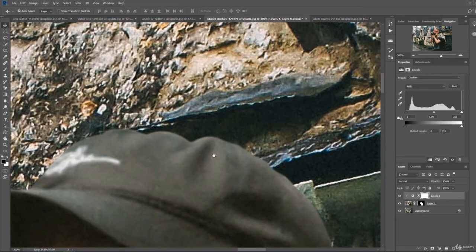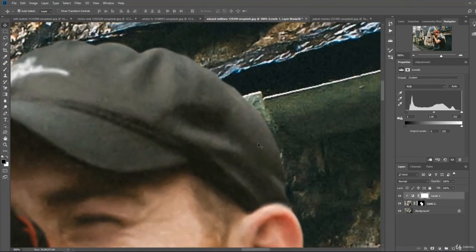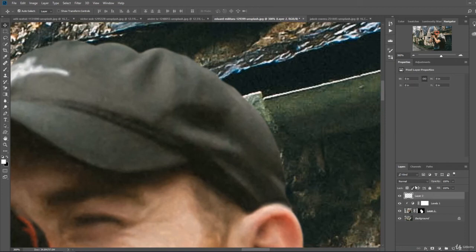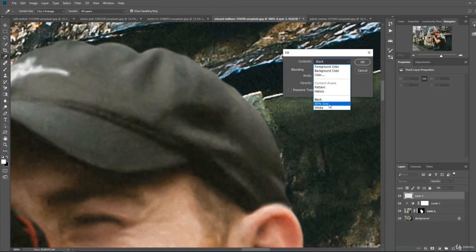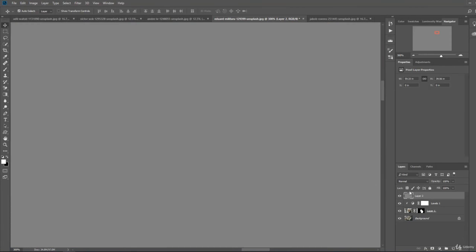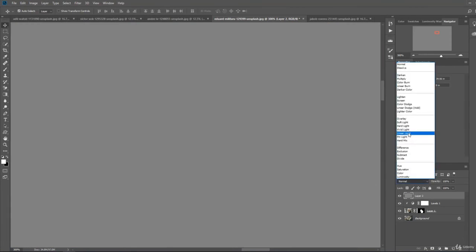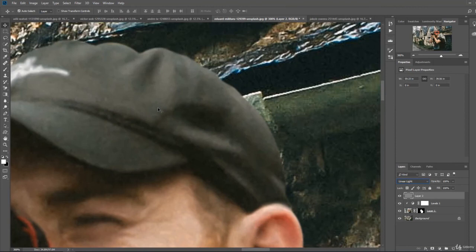this part of the head, for example, it has some different type of grainy texture, and this is totally different. To make this similar, to make it seem as if it's from the same picture, you can, for example, make a new layer, press Shift and Backspace on the keyboard to get this menu, choose 50% gray. Okay, change it to Linear Light,